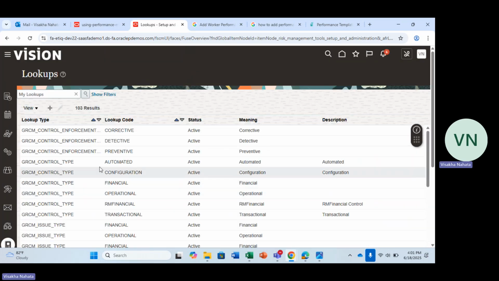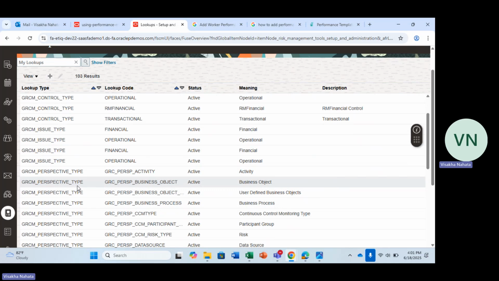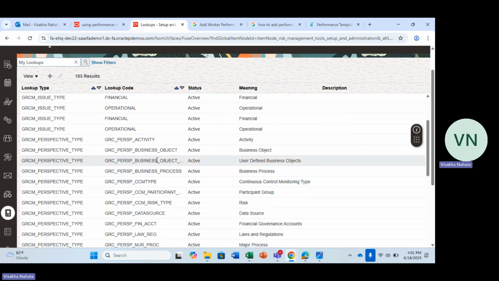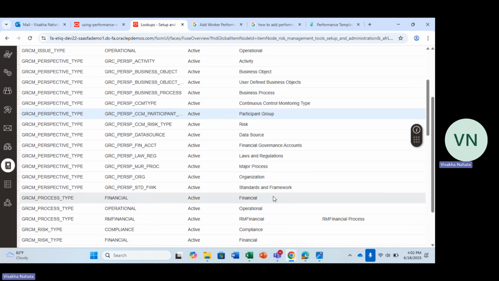Whenever we create perspectives, there are a lot of things that we can change through lookup values, lookup tables basically. The perspective type we can change. We had so many options to choose, right? We can change that in perspectives, and we can change a lot of the drop down values.